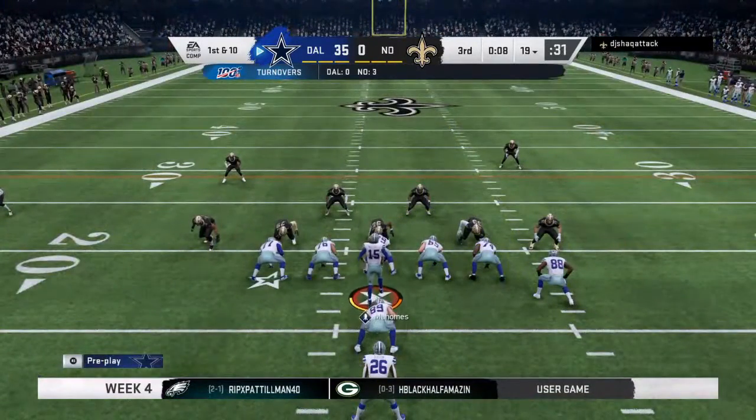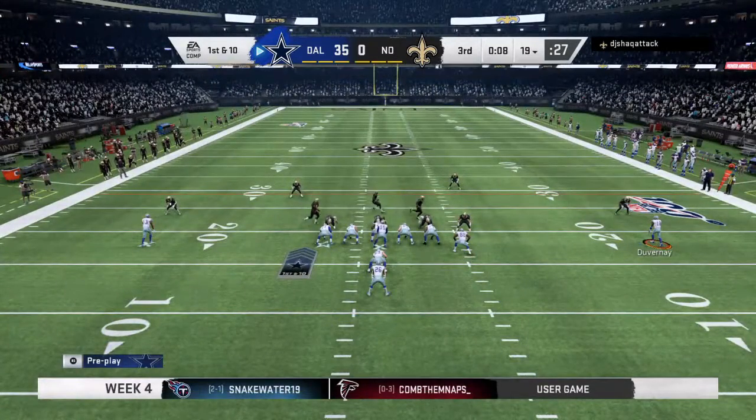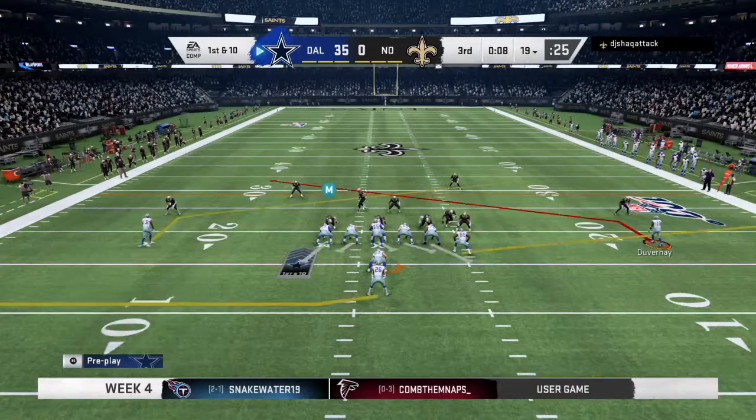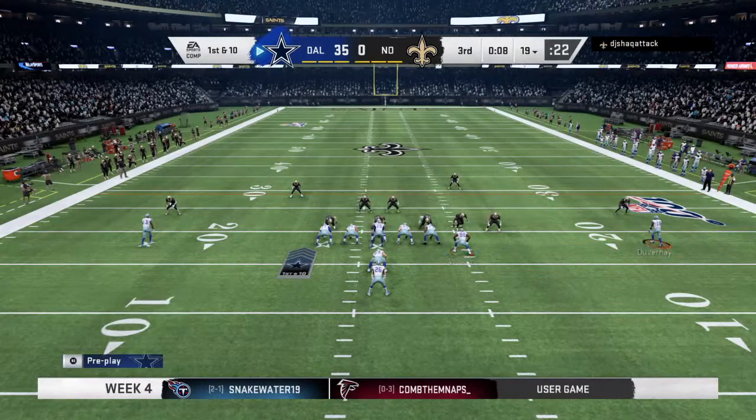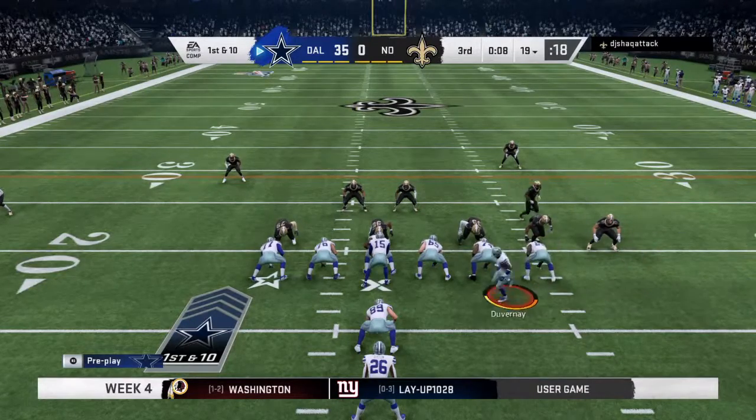About set for this next drive by the Cowboys offense. This is sort of what you would call a put-away drive, isn't it? They score here, especially a touchdown, it's almost out of reach. It certainly feels that way, and I think that they're going to call their plays accordingly because what you really